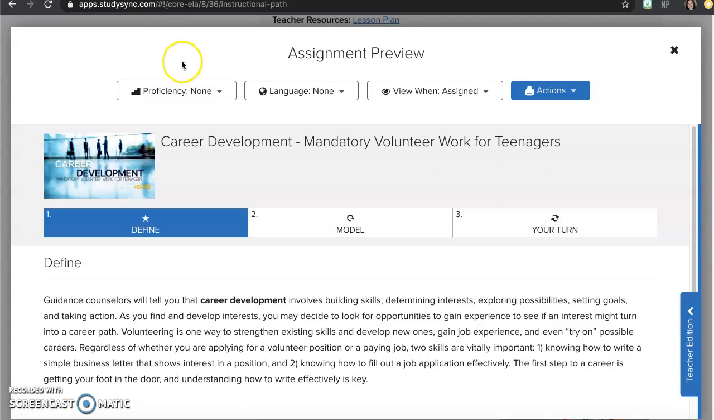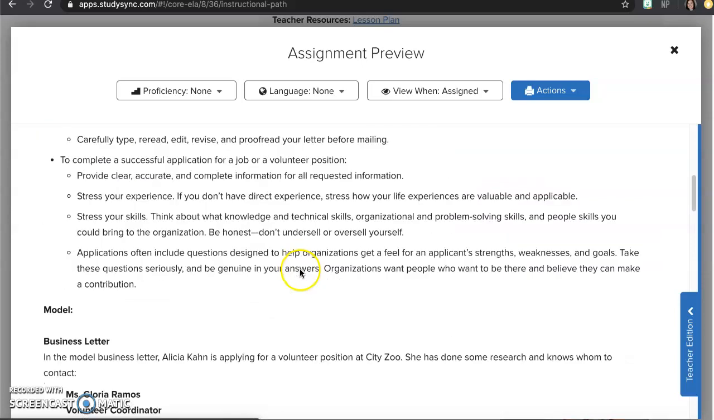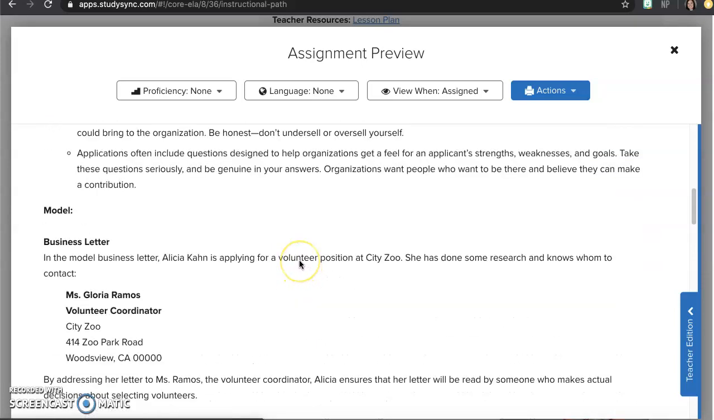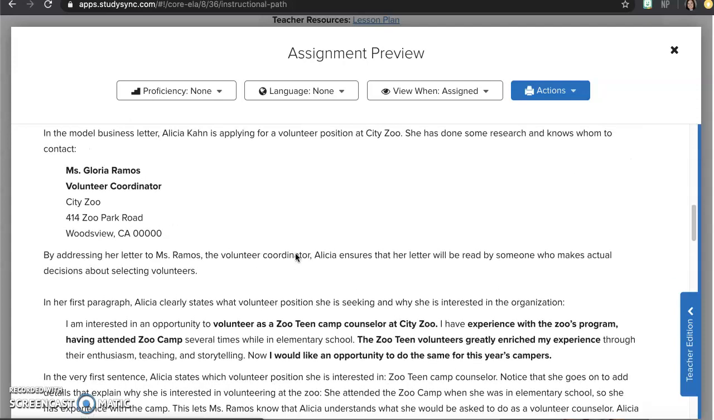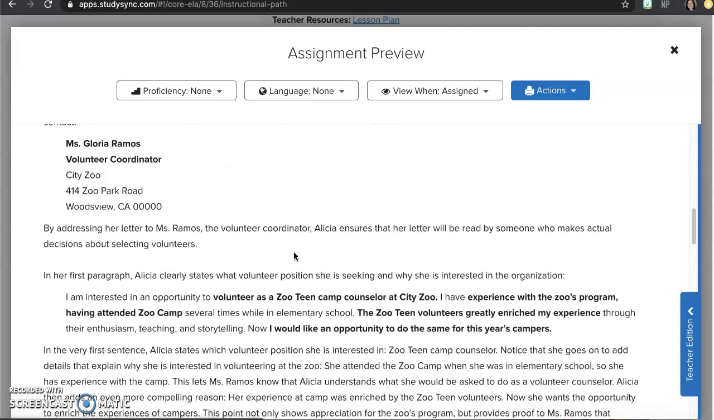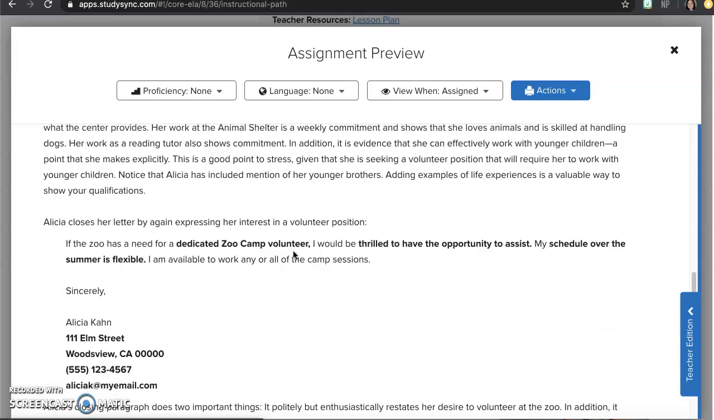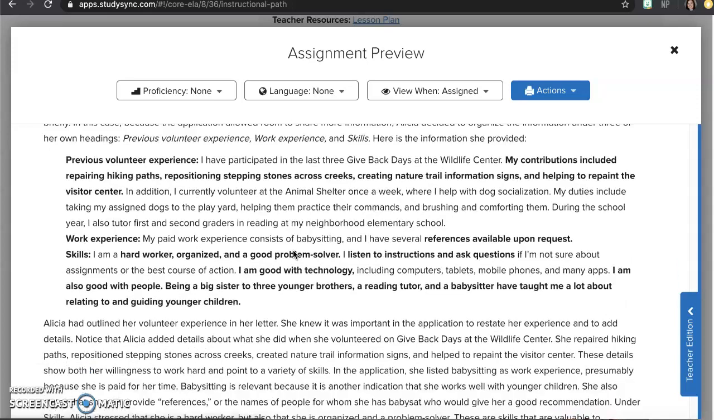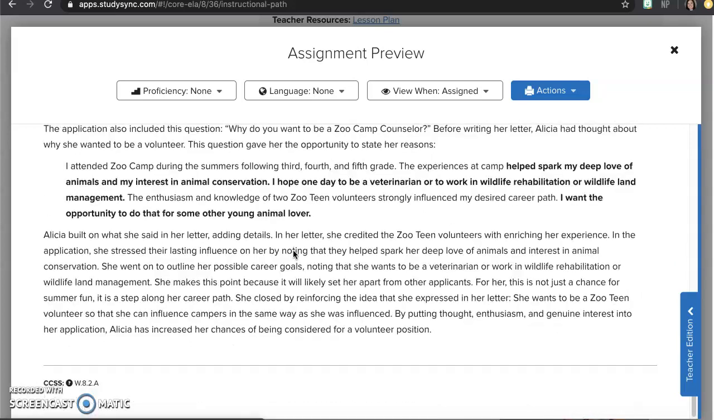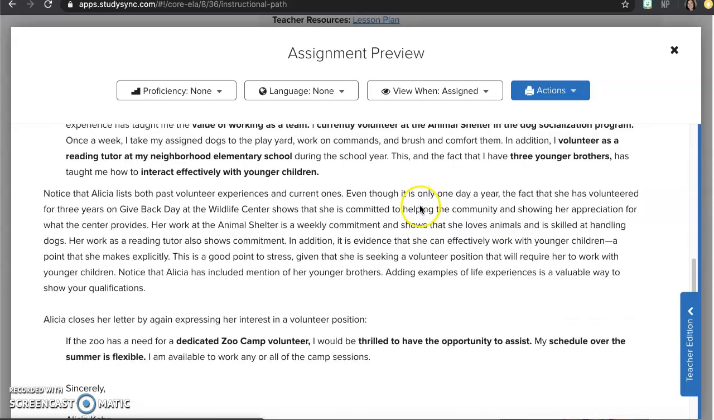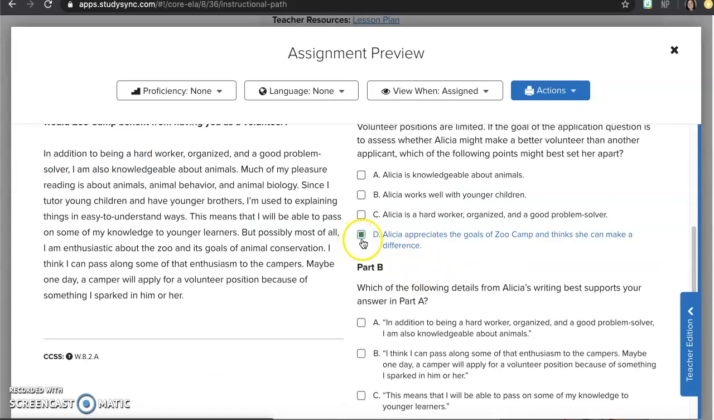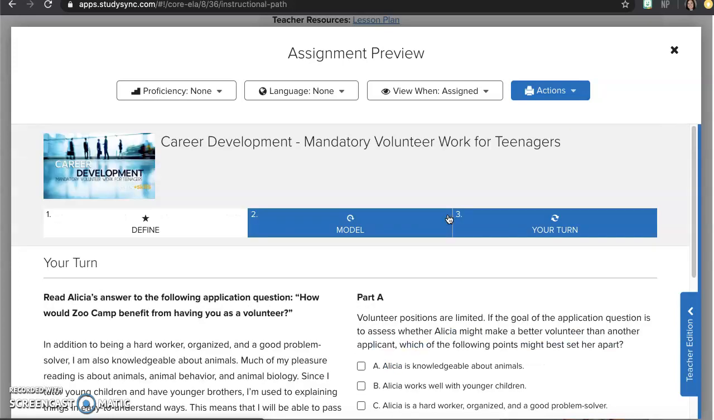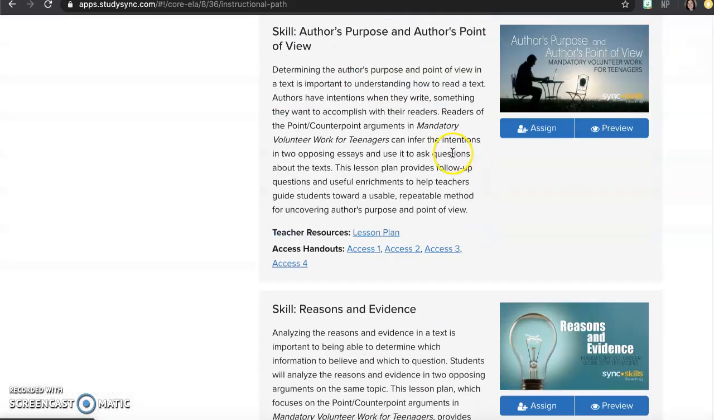So now that you have your definition, you'll come over to the model section. Read your identification and application. Then you've got a model of a business letter. And then the application is down here. And then you'll come over to the Your Turn section, read this tiny little excerpt, and then answer part A and part B. So that's your first part. Your second part